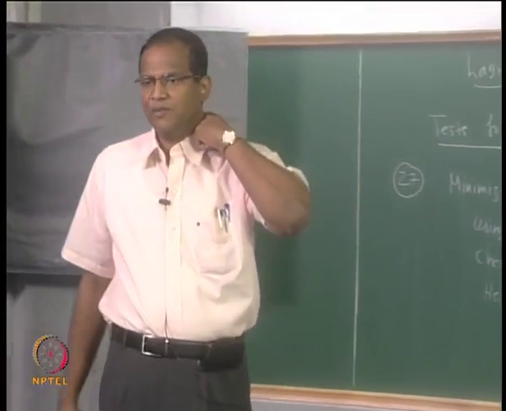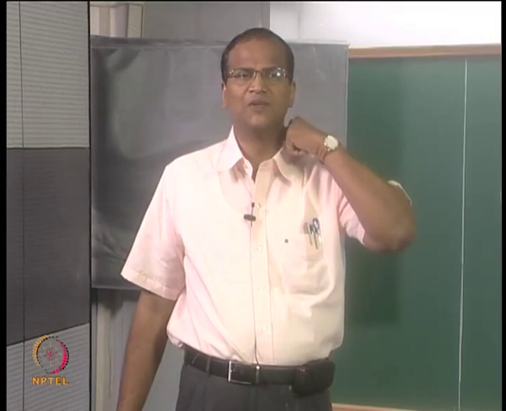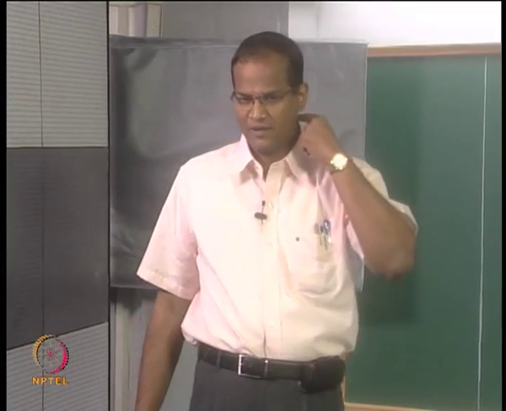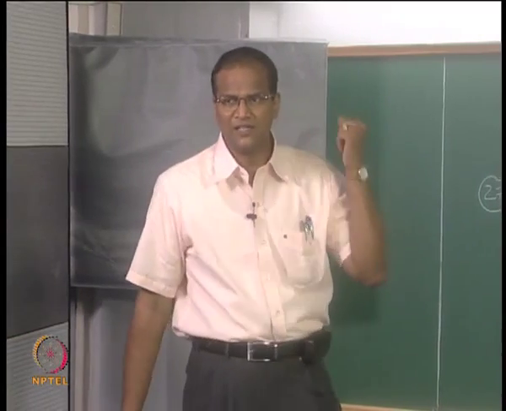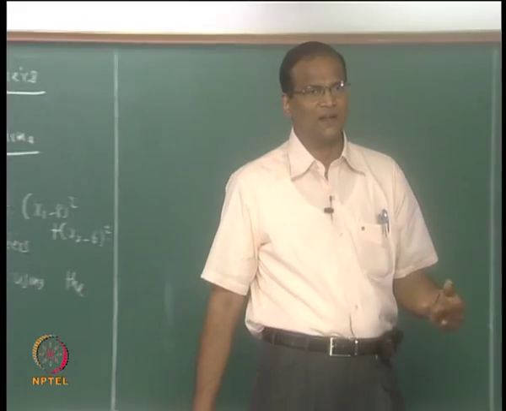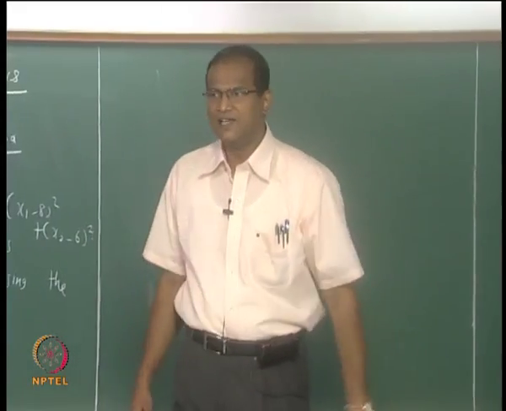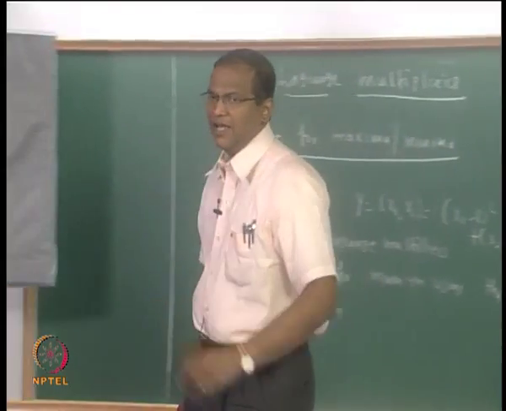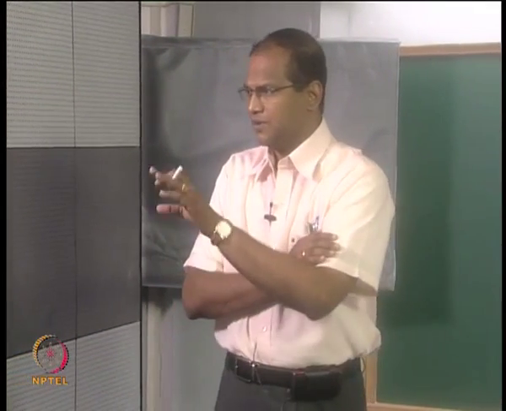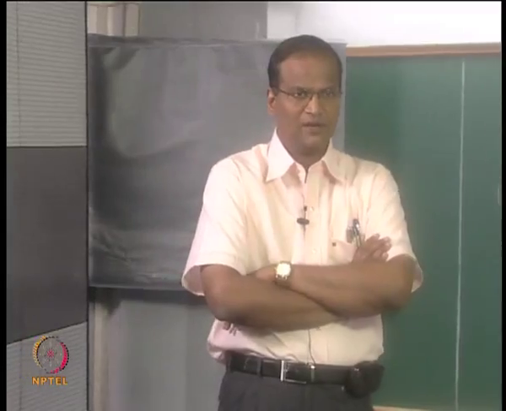So this is an unconstrained optimization problem. We already solved it. Dou y by dou x1 equal to 0, dou y by dou x2 equal to 0. It is pretty straightforward, right? You get the solution. Basically a circle. The right side y is actually r squared, the square of the radius. So you know that the minimum occurs at 8 and 6, when x1 equal to 8 and x2 equal to 6, which corresponds to a point.